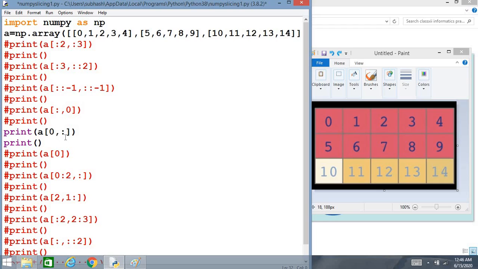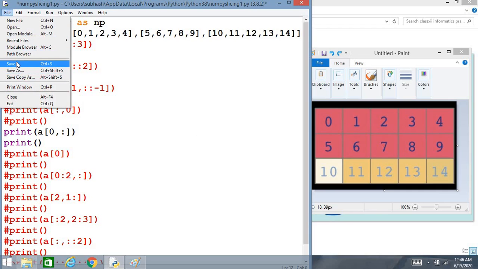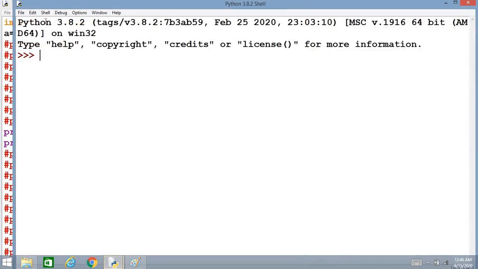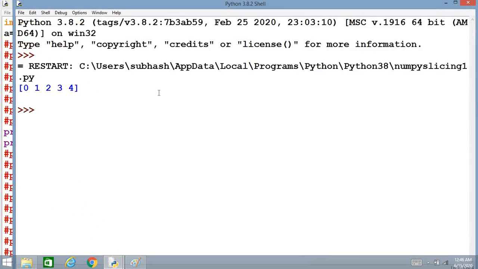So that means the entire 0th row you have taken, and all the columns will be taken, isn't it? So the entire 0th row will be printed. See, we'll check it out. Run. Got it? See, the 0th row is being printed.